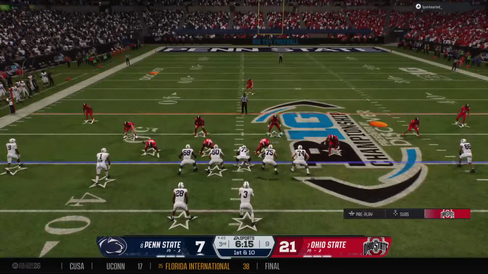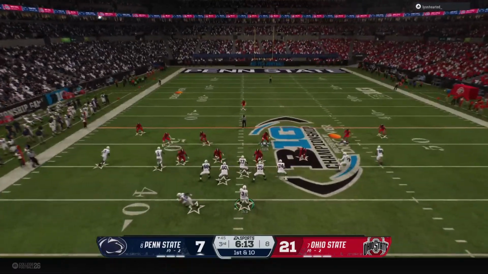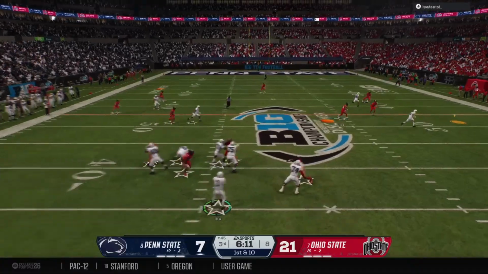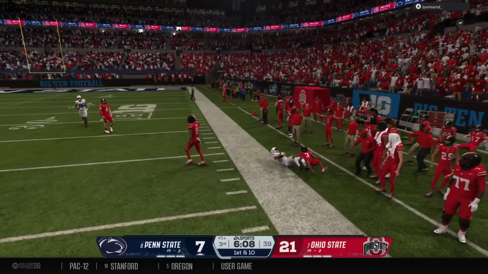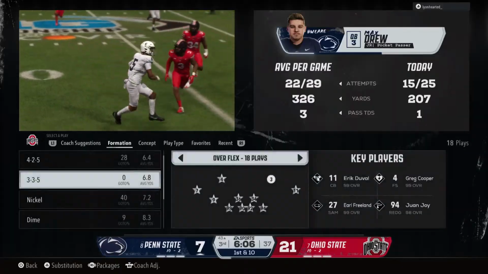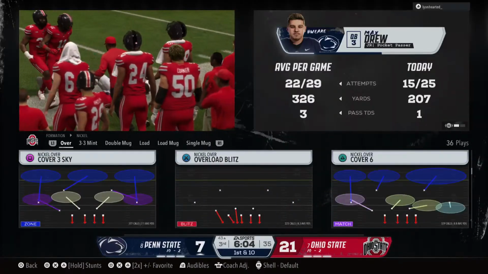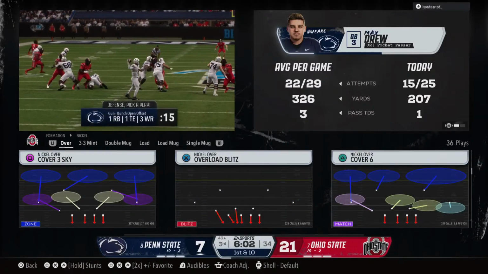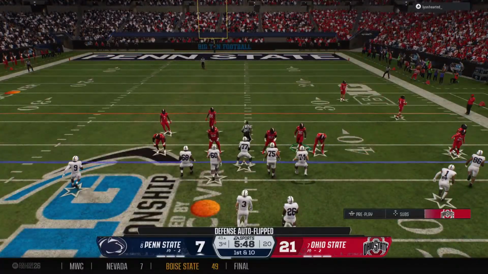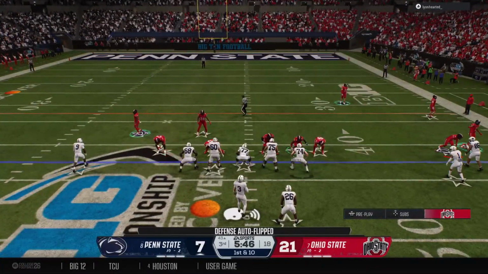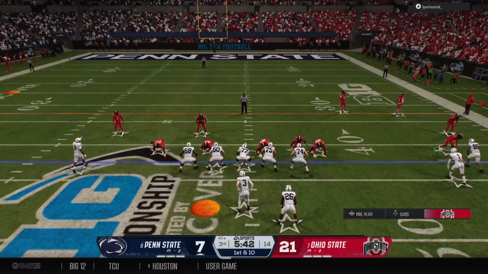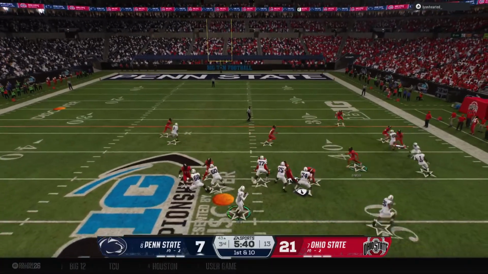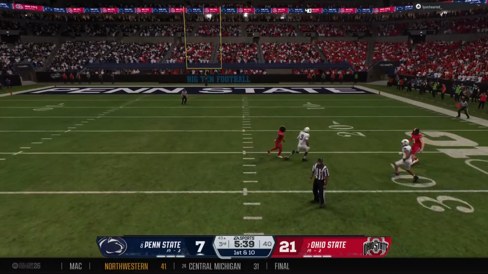From the shotgun, drops back. Nice grab. It's Harris. They stop it, but this offense is threatening now at the plus 43. You know, we talked this week with the offensive coordinator about what makes this receiver so special. He kept referring to his route running. Here's an example of that. Great route, enough separation to give the quarterback a nice lane to throw the football.